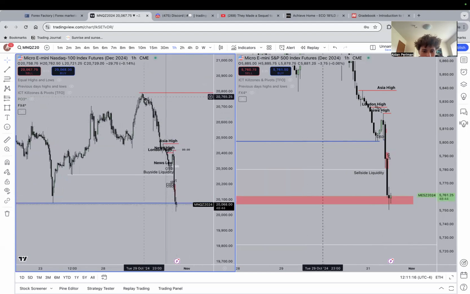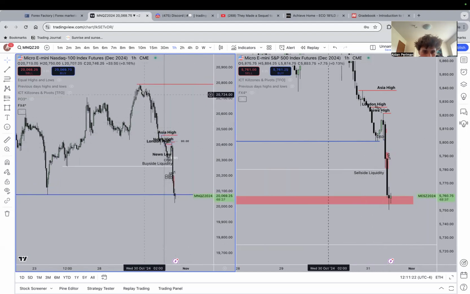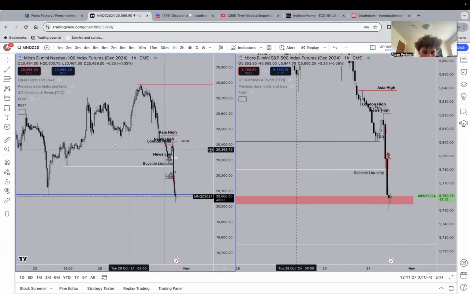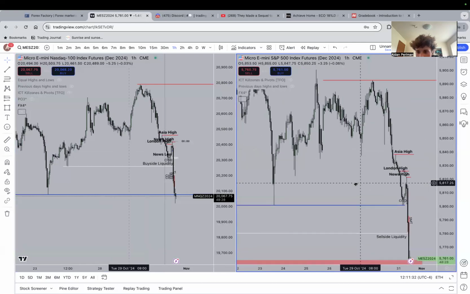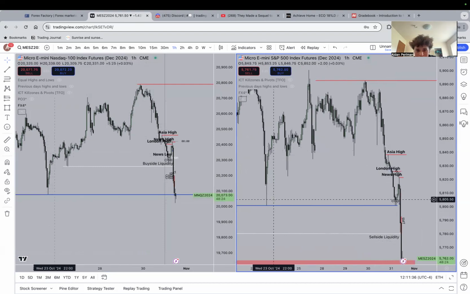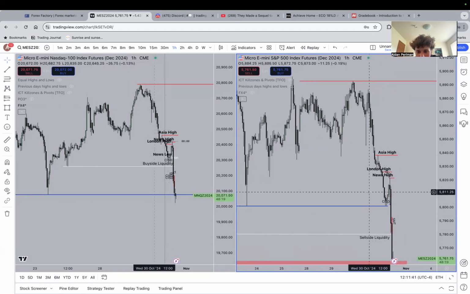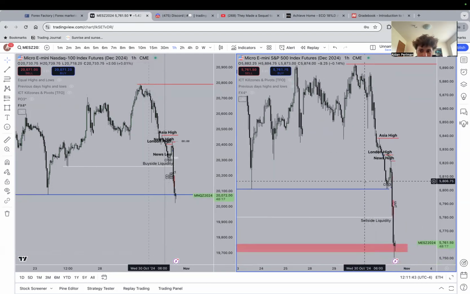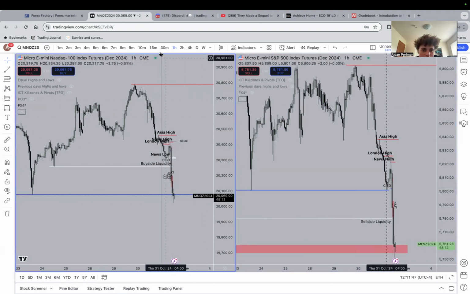From yesterday, we had a little bit of a dump. Now we closed below this low, and I believe we did the same thing on ES. And going into market open, we made equal lows of this low right here. So automatically I saw this and I was like, damn, okay, we're definitely gonna take those, because when we drop down to a lower time frame,